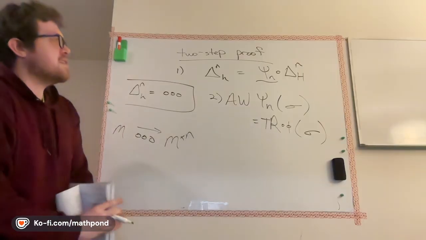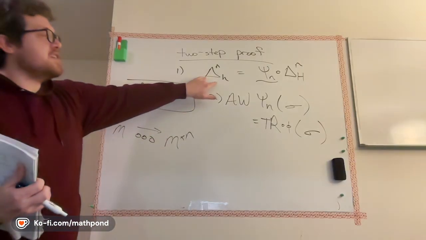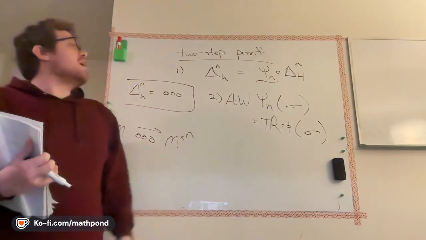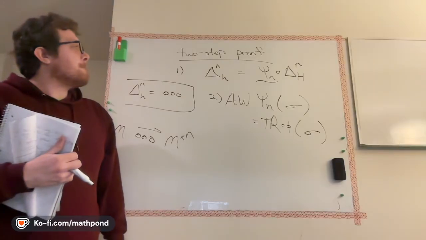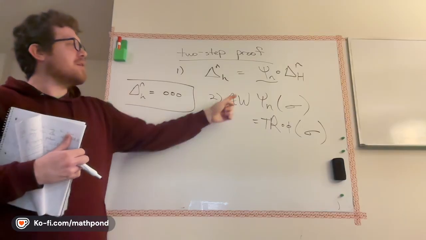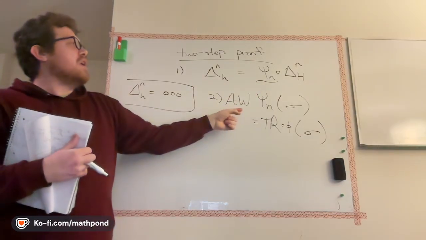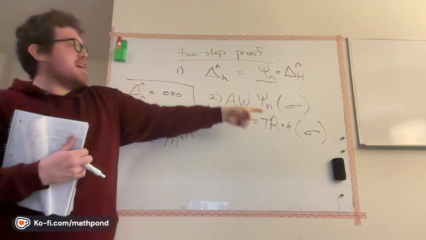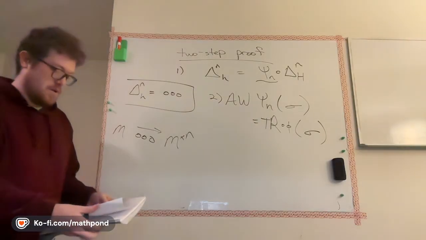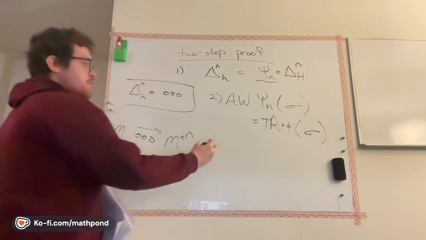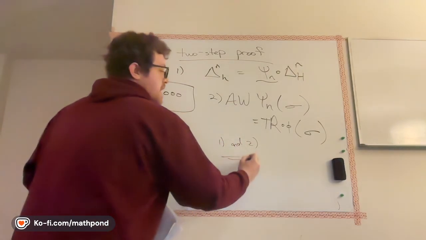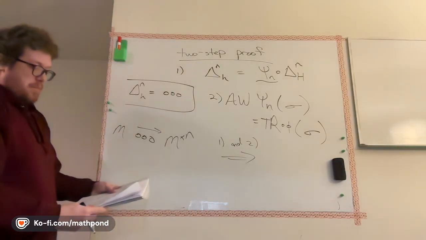So the first part says that if I want to know what's happening on the Cartesian side, I can just do all the operatic stuff and then apply this psi n. And the second one is saying if I want to know what happened after AW when I go to psi n, well, I don't actually have to go to psi n. I can just take the table reduction of everything that I had beforehand, basically. So 1 and 2 together, if we prove 1 and 2, then they both imply